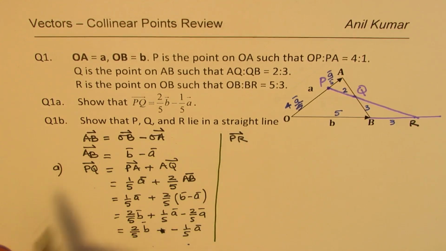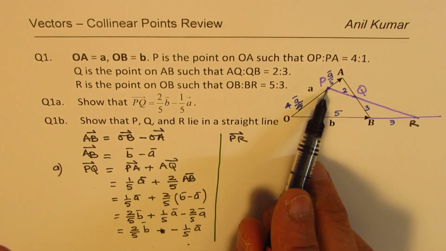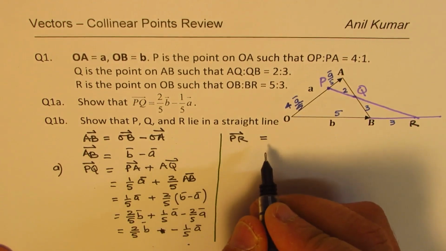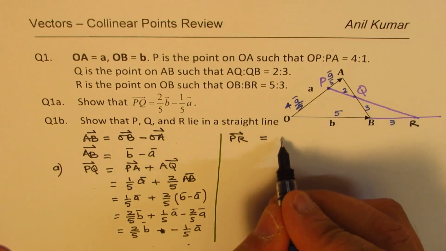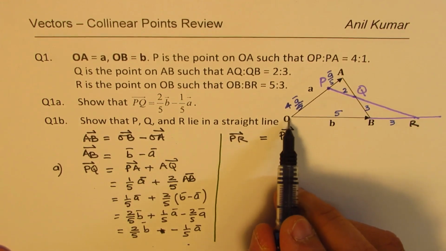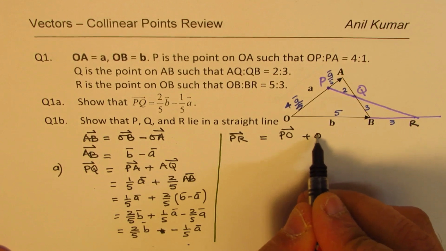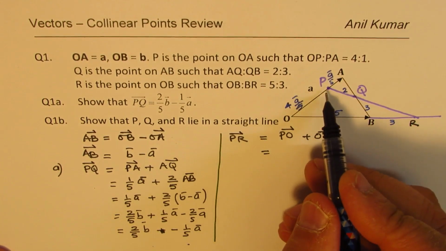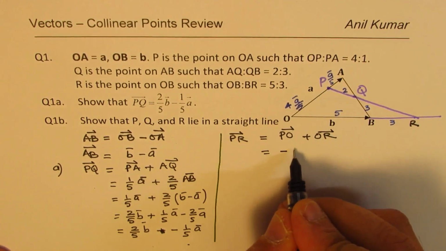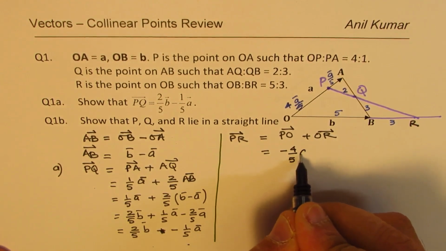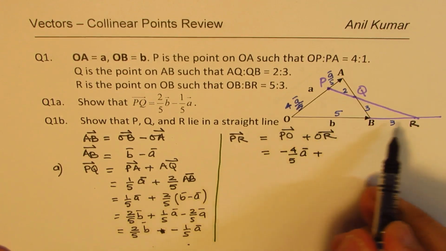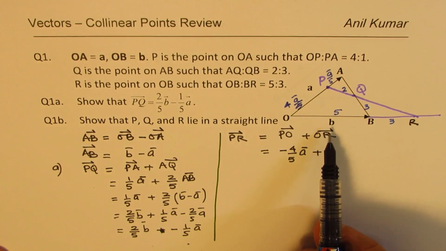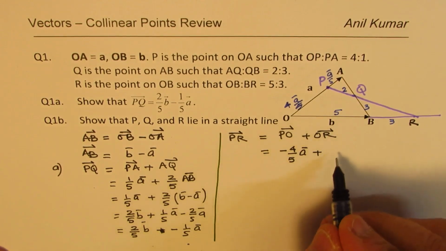So PQ we know, right? So from one common point, we can find what PR is, right? So that should be okay. So PR, we could go like this, PO, and then from O to R, right? Then plus OR. So PO, we are going now in the reverse direction, so it becomes negative 4/5A. And OR becomes, this is B, right? So it is B plus,